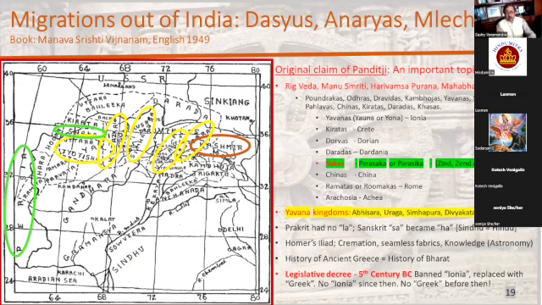I just wanted to mention that these are the migrations that I did forget to point out. So we talked about all of these tribes that migrated out of India, and we talked about the Yavanas. The Yavanas have been mentioned in very old texts, even in the Mahabharata war. They talk about 5 Yavana kingdoms, and I highlight them in yellow: Abhisara, Uraga, Simhapura, Divyakataka, Uttara Jyotisha. These are the 5 Yavana kingdoms that actually participated in the Mahabharata war on the side of the Kauravas.